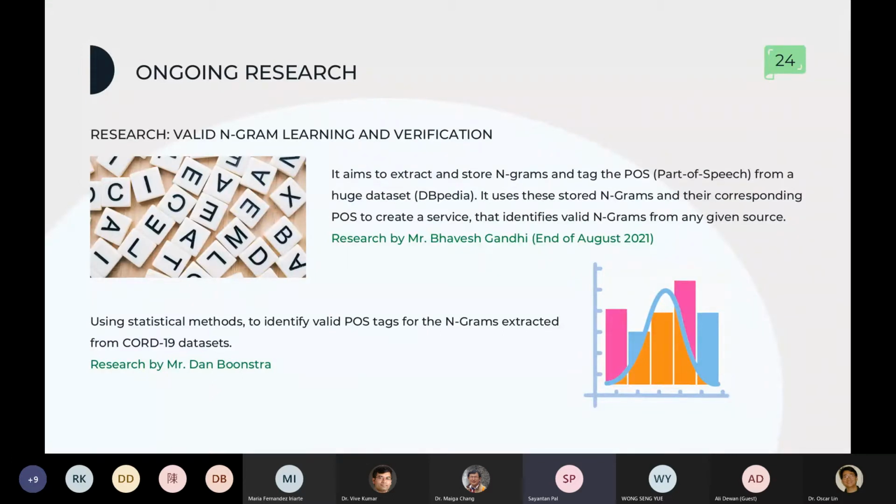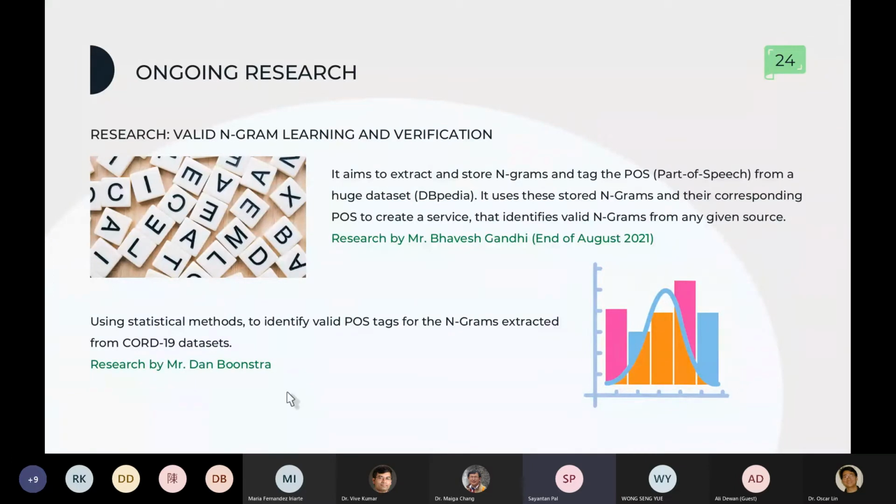From that text, he will be analyzing and extracting n-grams and their corresponding POS tags, and he will be providing a service for my project so that I can use it to know what the eligible POS tags are. This is coming up at the end of August. If you are curious, you can schedule some time so that you can attend that presentation too.